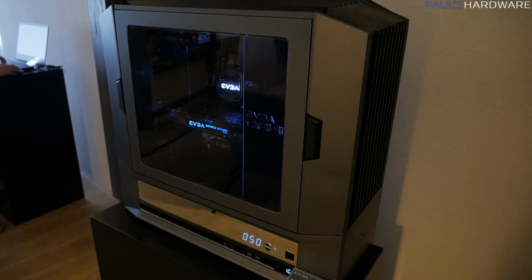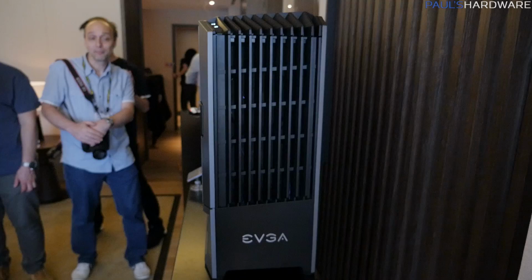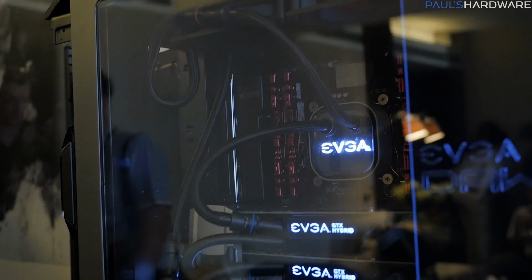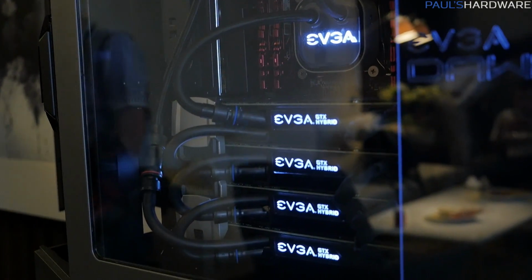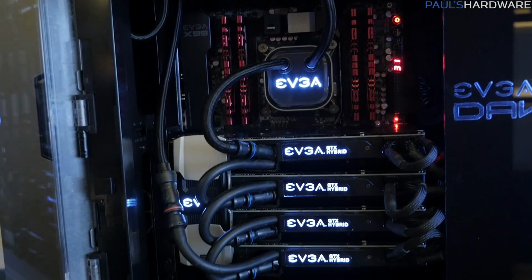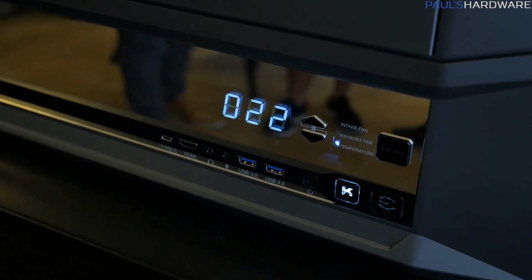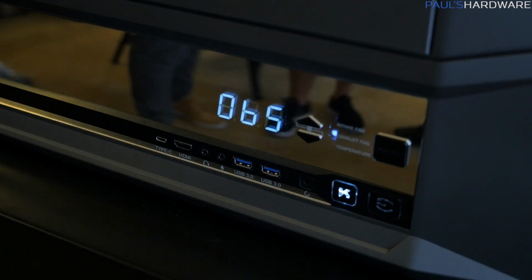This is the DG87. They're actually coming out with a few different variants of this one. This is the highest end. Features a very unique design. It's kind of an asymmetrical look. It gives you a really good look in the side panel window. Right now they have it outfitted with 4-way GTX 1080s, and those are 4-way GTX 980 Ti's, but they do have the quick disconnects, which we're told they will also be bringing to the EVGA hybrid cooler as well, so that's pretty exciting. It is fully kitted out, of course, but there's going to be different variants of this without a window, without the little LED panel at the bottom, so you'll have options,